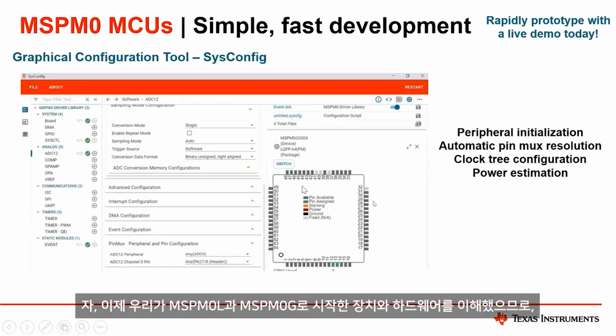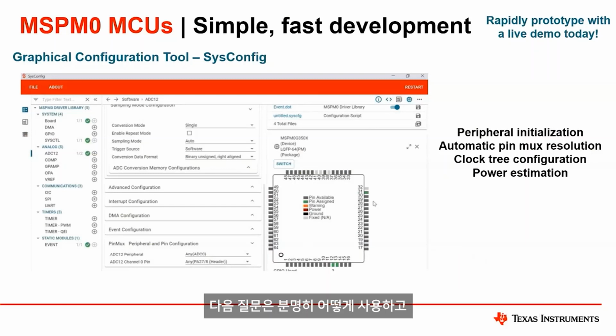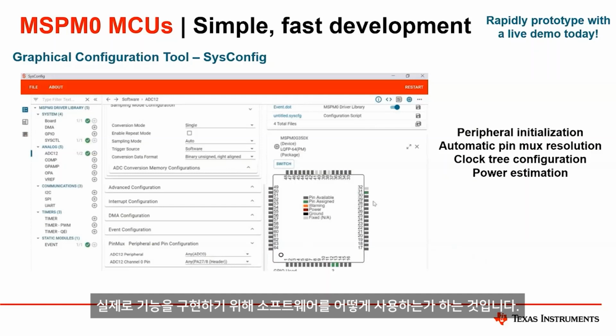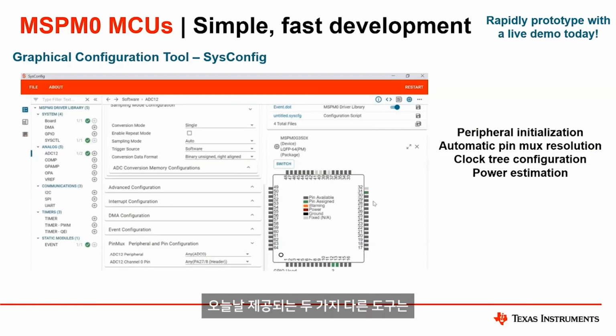All right, so now that we understand the devices, the hardware, what we have launched with MSPM0L and MSPM0G, the next question obviously is, how do we use software to actually implement the functionality? We have 2 different tools offered today.